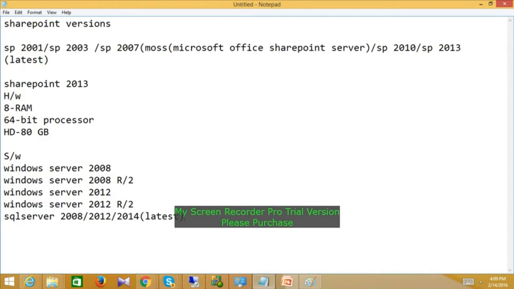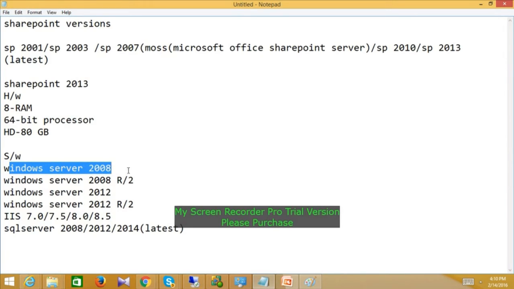Again, we need IIS. As you know already, we can use IIS 7.0, 7.5, 8.0 or 8.5, not a version earlier than this. IIS comes along with the server-side operating system; it is a role or feature that we need to enable.